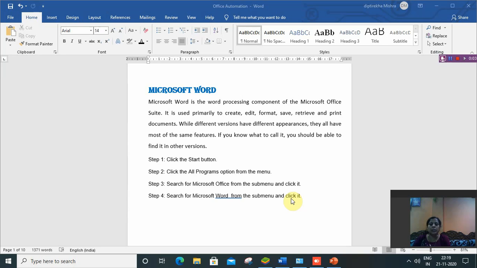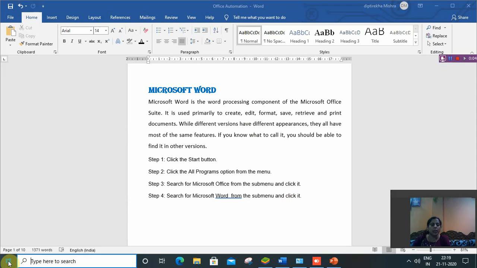So let us discuss how to start MS Word. Click on the start button, then click on all programs, and from the all programs menu click on Office, then Word. It may be somewhat different on different computers because they have their own operating systems. First I will show you on my laptop.